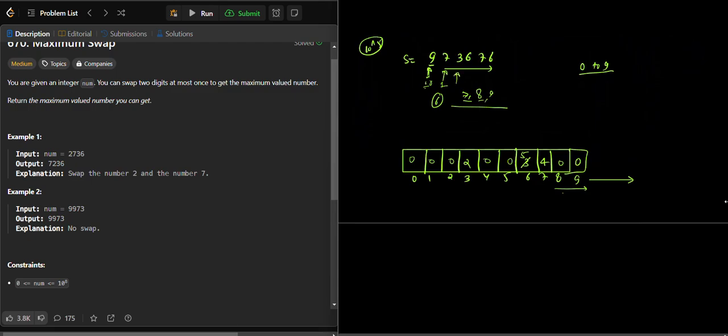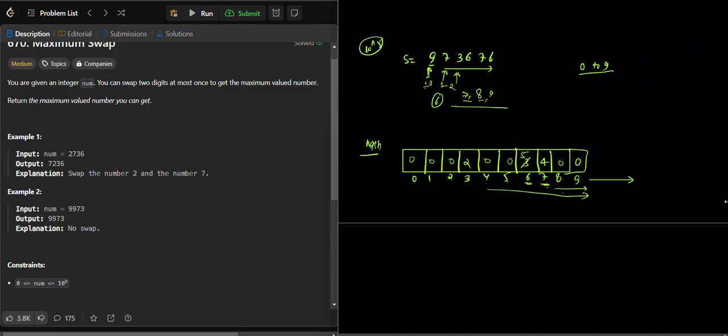Now in the 3 we will check whether there is any index present from the right-hand side. We will check only the 4 to 9 indices from our hash. This is our hash table. In the hash table we will check only 4 to 9, because your value will vary from 4 to 9. Is there any index value greater than our current index? Current index is 2. Is any index greater than 2? Here is 6, here is 7.